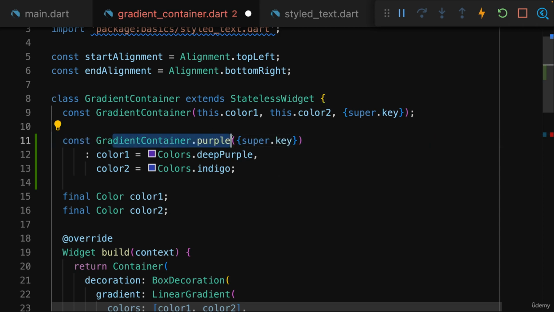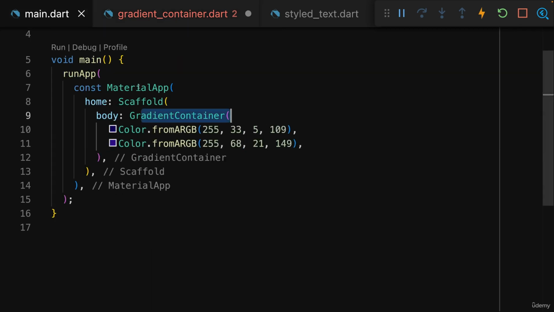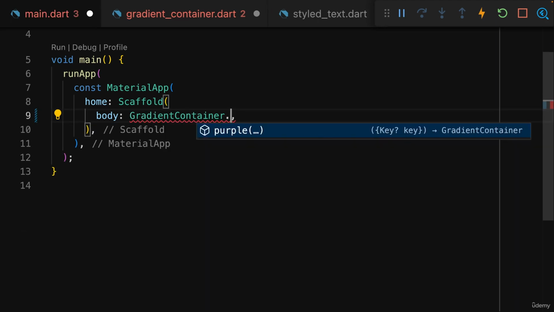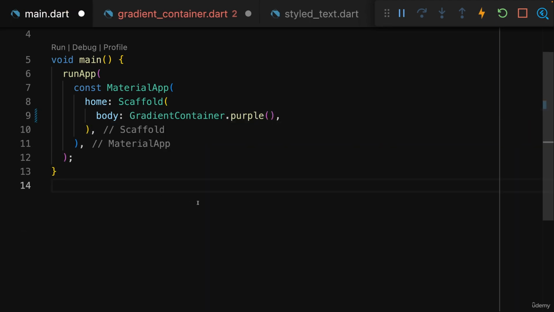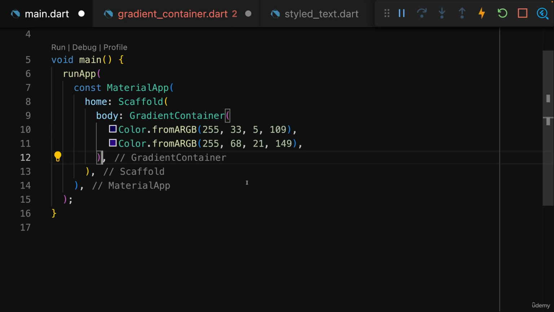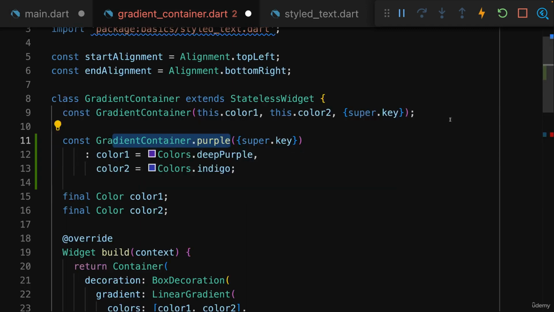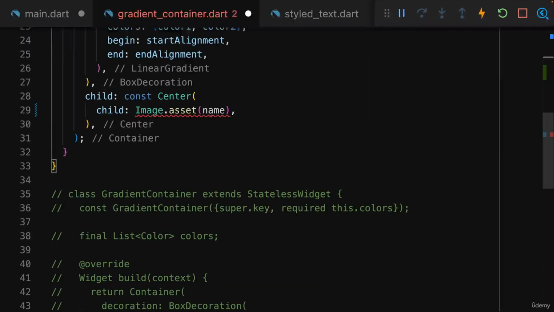And now you would have an alternative constructor function that can be used whenever a GradientContainer is used, so that instead of using it like this and passing those specific colors to it, you could use the purple constructor function, which here could act as a convenience constructor function with some predefined colors. And it's totally up to you what you would want to do in such additional constructor functions. Here I'll go back to the previous usage, but it is important to understand that you can simply add multiple constructor functions to the same class. And that's in the end what we're using here with this